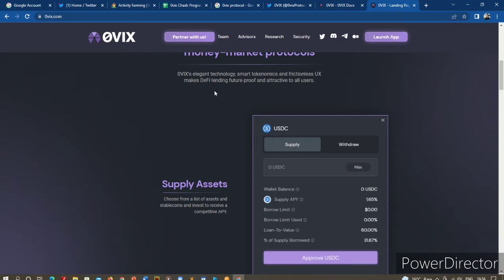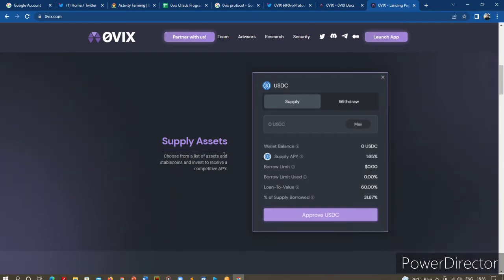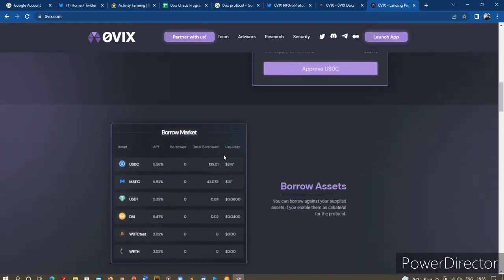So with ZeroVix protocol, users can supply assets including stable coins and some coins to enjoy a competitive APR rate for their investment. To do that, you just hover across the supply button there and click on approve when you finish entering the amount you want to supply. Then if you want to withdraw the supplied asset, it's the same thing, the next tab to that supply button is